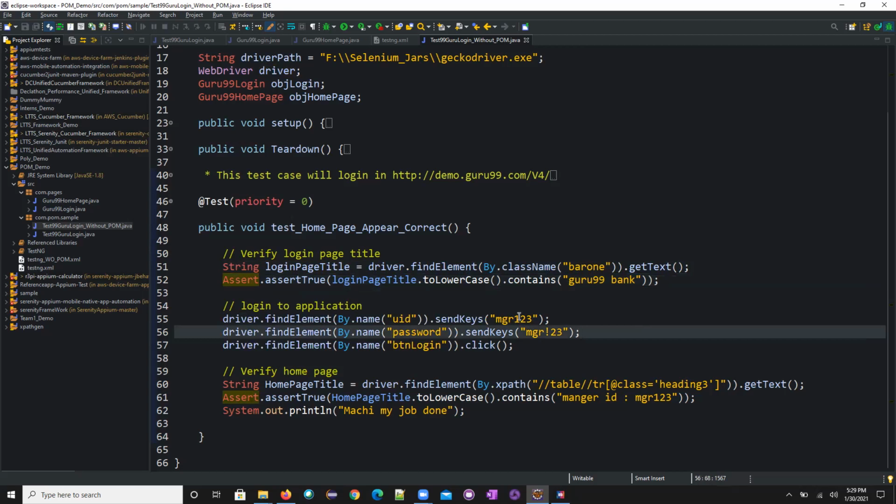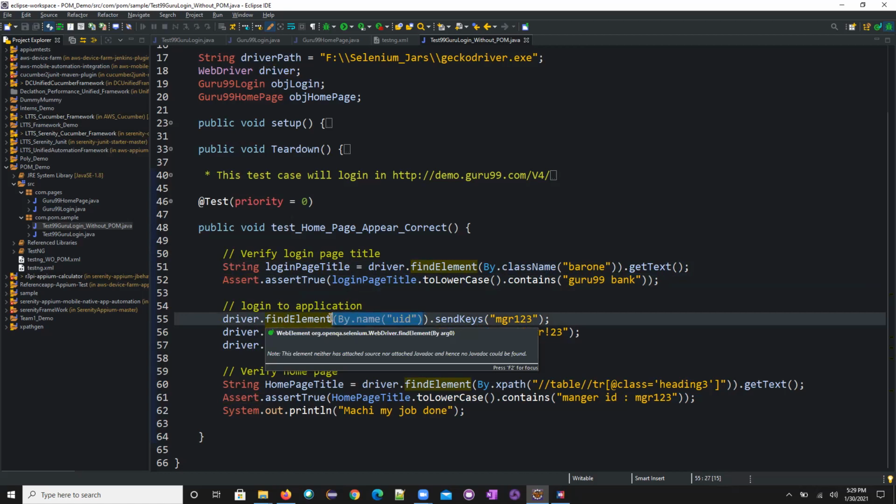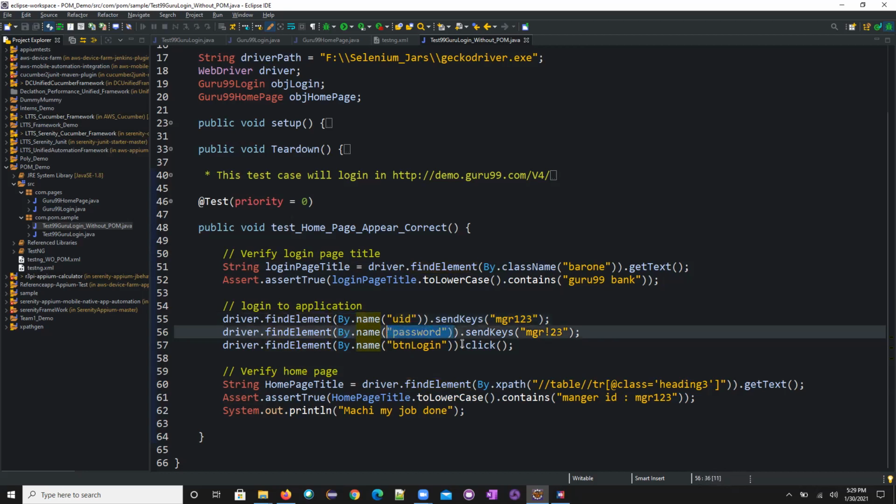And here I'm trying to enter the username, enter the password, and click the login button. That's what I'm trying to do. Now, what is this find element and these things? Anyway, once we learn Selenium, you will understand it. It's just like a unique ID. For example, if I call Ceci, Ceci will respond to me. If I call Nazima, Nazima will respond. If I call Anish, Anish will respond to me. In the same way, everyone has a unique name. So when I call username using its UID, the username comes. For password, I get the password. For the login button, the login button will come. So there I'm sending the username, password, and clicking.